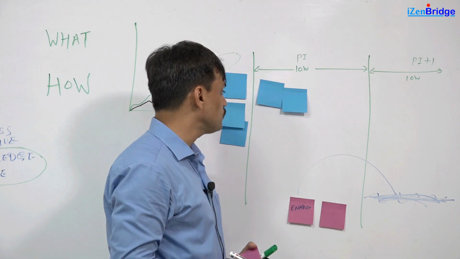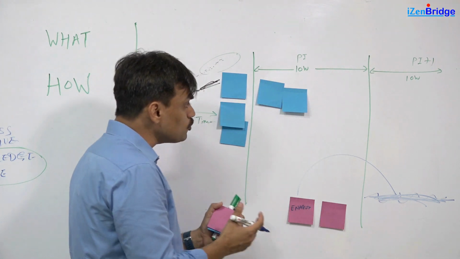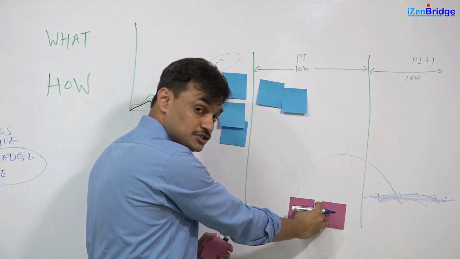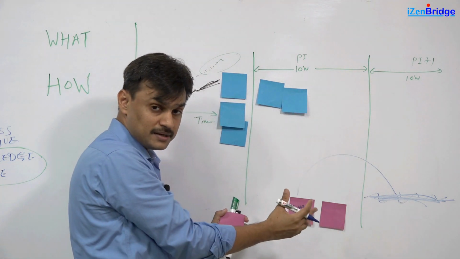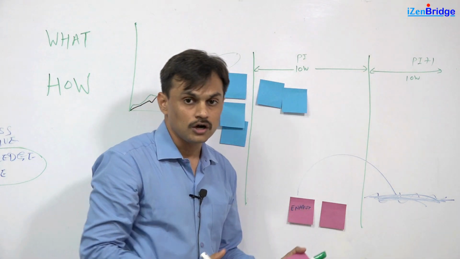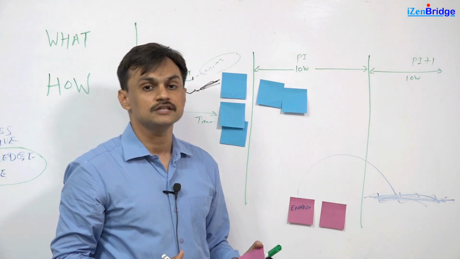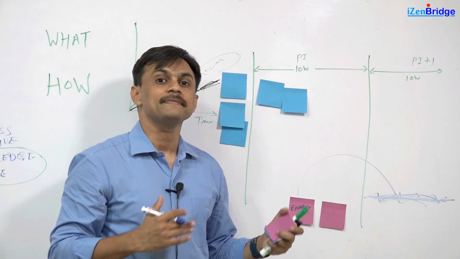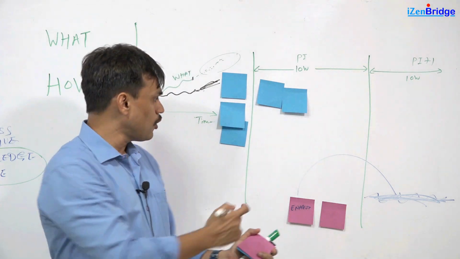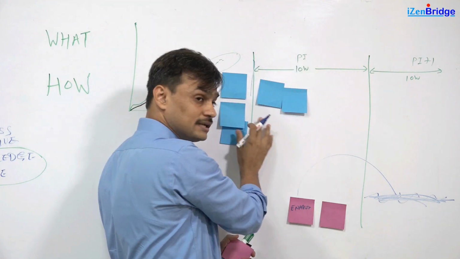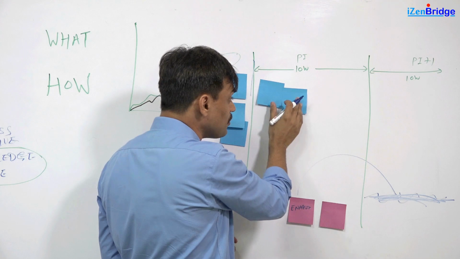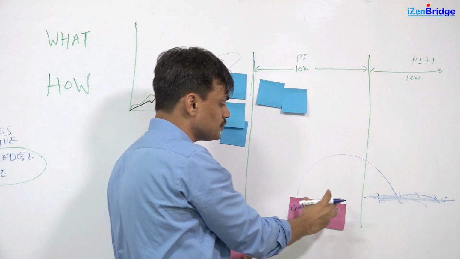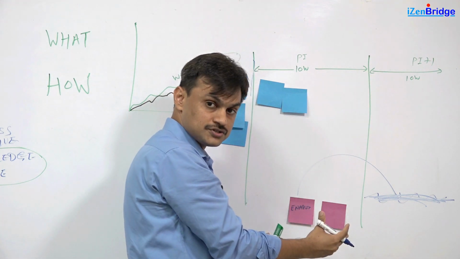I just want to point out one more thing. You may wonder, how do we control how much business value item we will develop and how many enabler features we are going to develop in a given program increment? And an approach for solving this problem is given in the Scaled Agile Framework by way of suggesting we can go for a capacity allocation. We can decide on PI boundaries that in this program increment duration, what percentage of effort will go into business features, and what percentage of effort will go into architectural features.